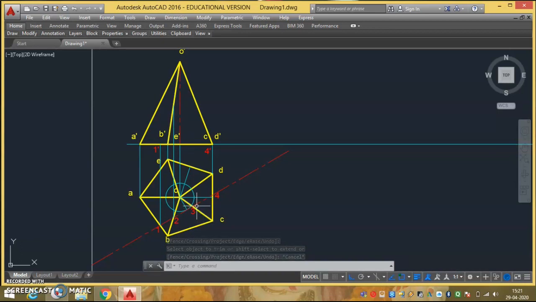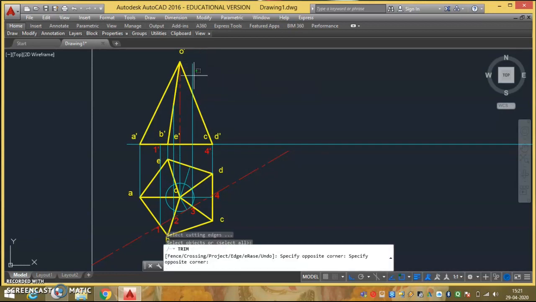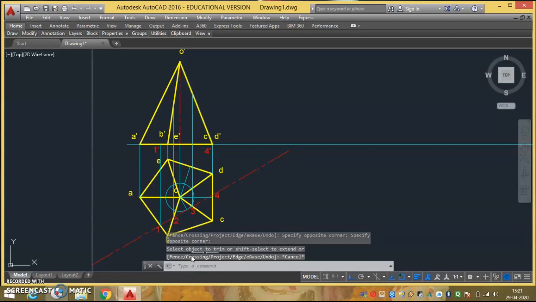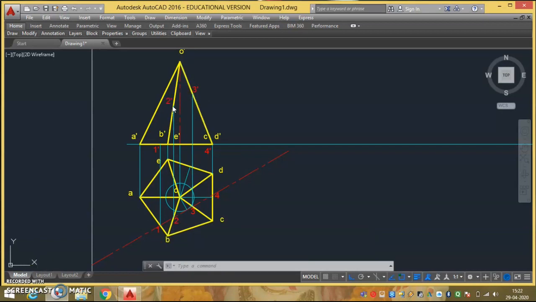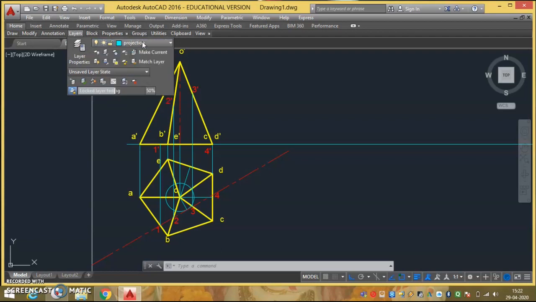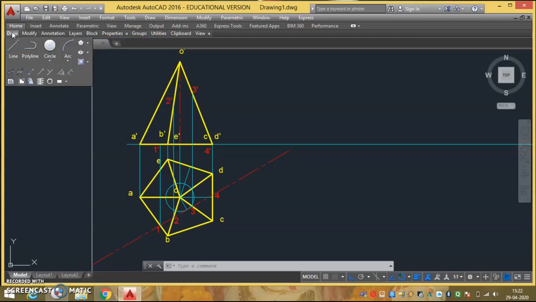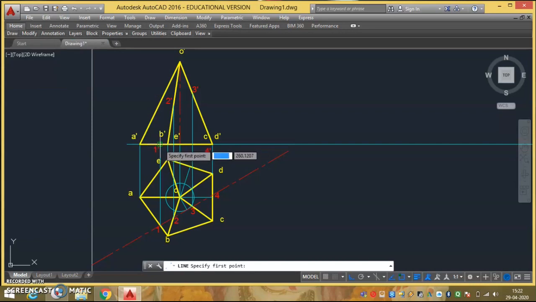Same way I'll extend this particular intersection point on the OC line. Which one is the OC line? This is the OC line. So I'll extend it till this, and you got that intersection. So I can now mark those points. We mark this point as 2 dash and this point as 3 dash. Now once it is done, I have to join all these points. So now I can draw the actual object line. Then we'll draw the line passing through 1 to 2, 2 to 3 and 3 to 4.